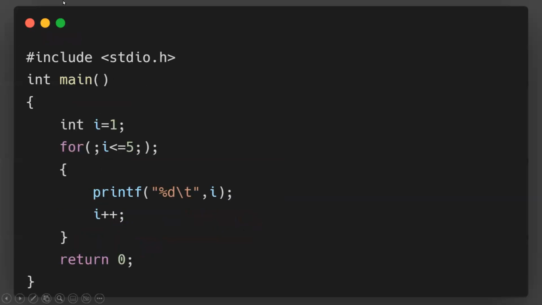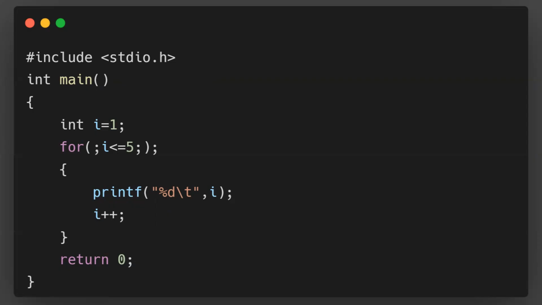Right. So as a last scenario, please look at this program. Here, what I have done is the initialization. I have kept that part outside of my for condition. So initialization is done outside of my for loop. Condition testing is done inside my for loop. Iteration is done inside the body of the loop.